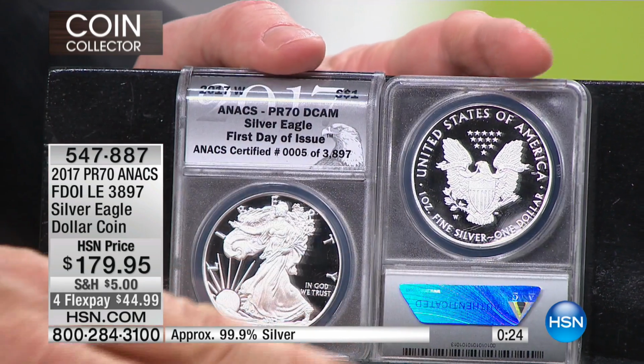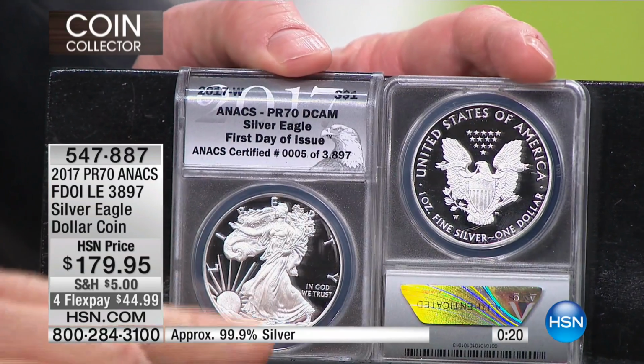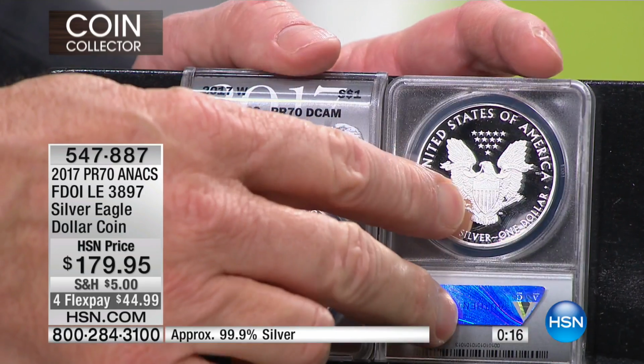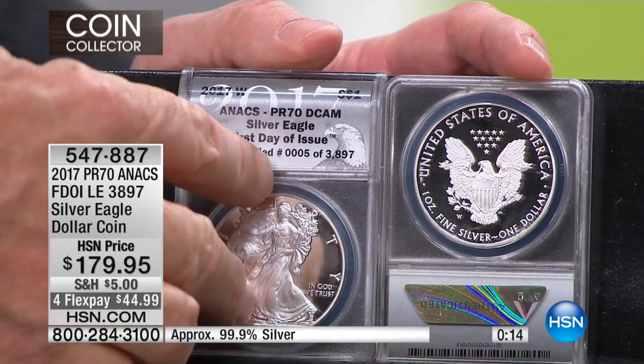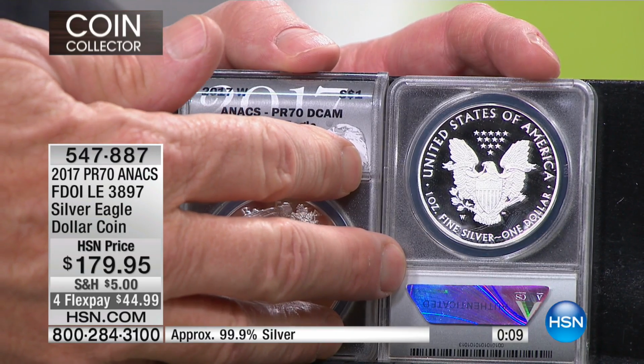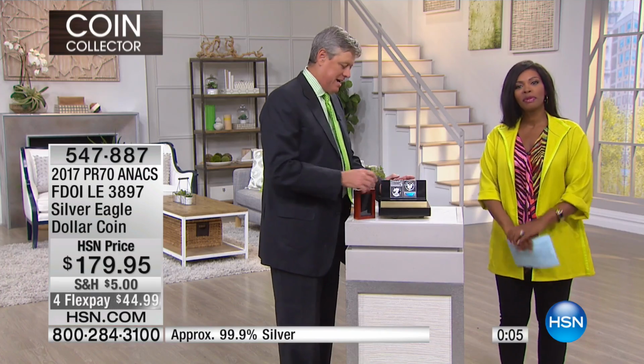I just find that interesting, as a numbers numismatist guy. So it is solid silver, as pure silver as you can do. It's absolutely stunning in terms of beauty. It's absolutely perfect in terms of grade. It's absolutely exclusive to us here at HSN, and this is absolutely the world's very first look at this coin. And of course, you get the red oak presentation box. This is exciting. Stay on the phone for